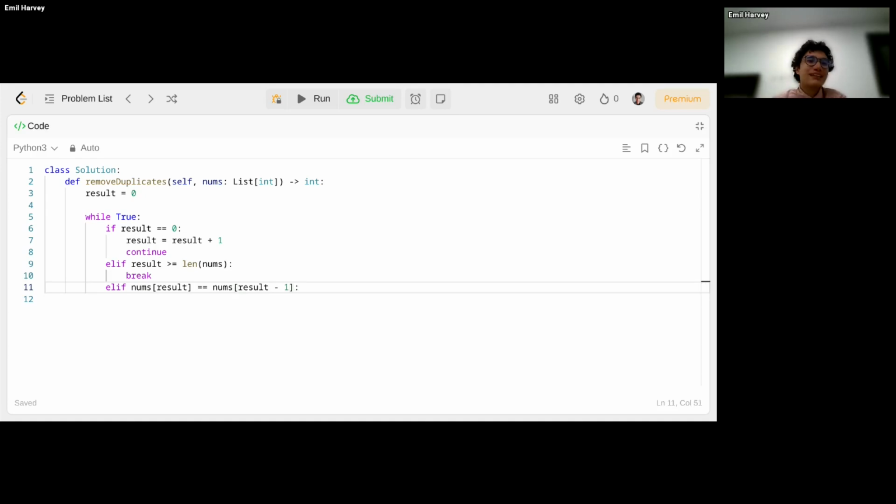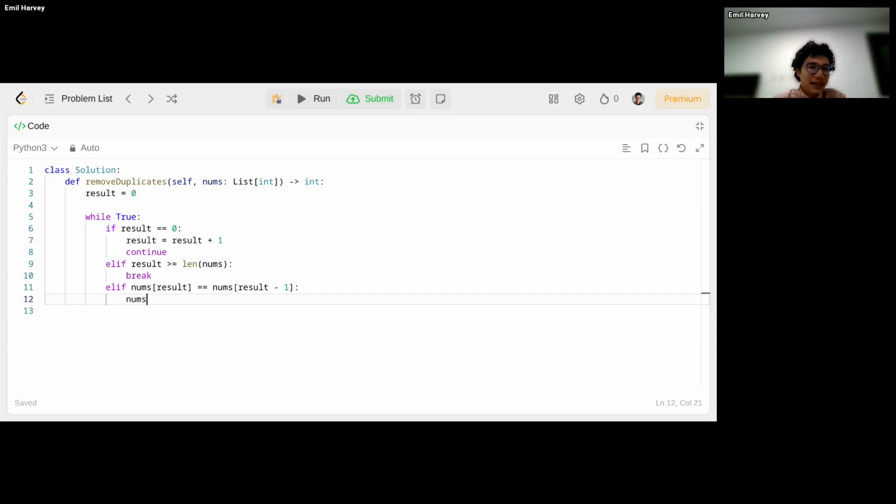You want to say, hey, if the number we're looking at is equal to the number previous, then we found a duplicate. Again, I'm going to use a bit of Python stuff, but really just to make it clear and concise. So in this case, we want to remove the duplicate.